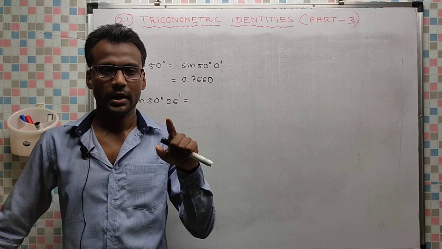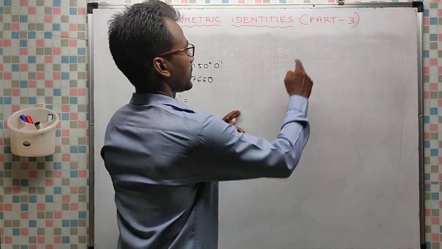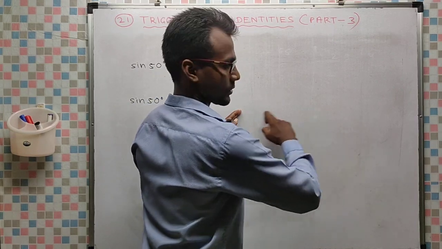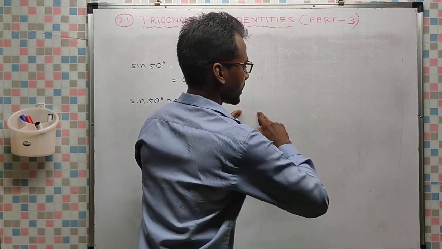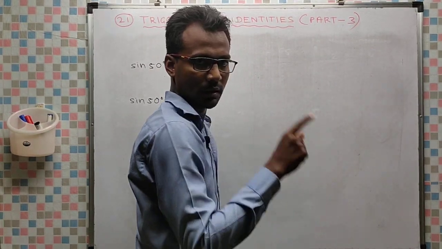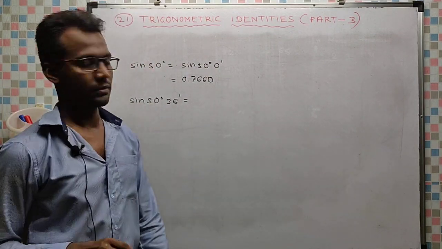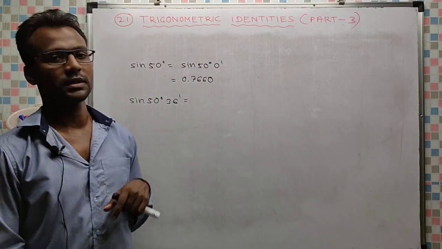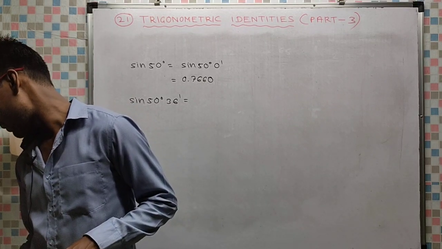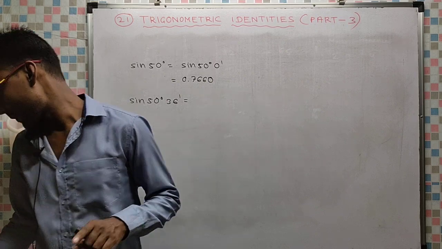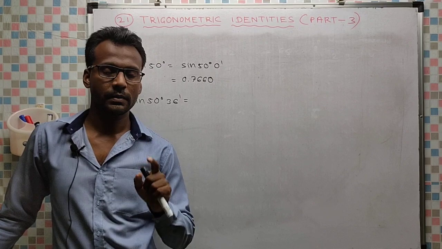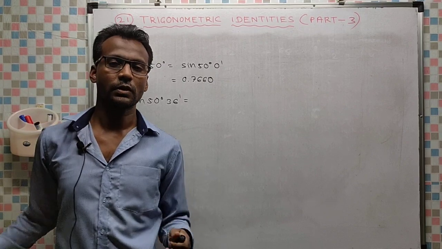50 degree and suppose here is 50 degree. Here is 36 minutes. Move down like this and move in a row, horizontally and vertically. For 50 degree horizontally, for 36 minutes vertically. You will get the point of intersection. The corresponding value you have to see. So sine 50 degree 36 minutes is equal to, it is given in the table, 7727. It is not 7727, it is 0.7727.